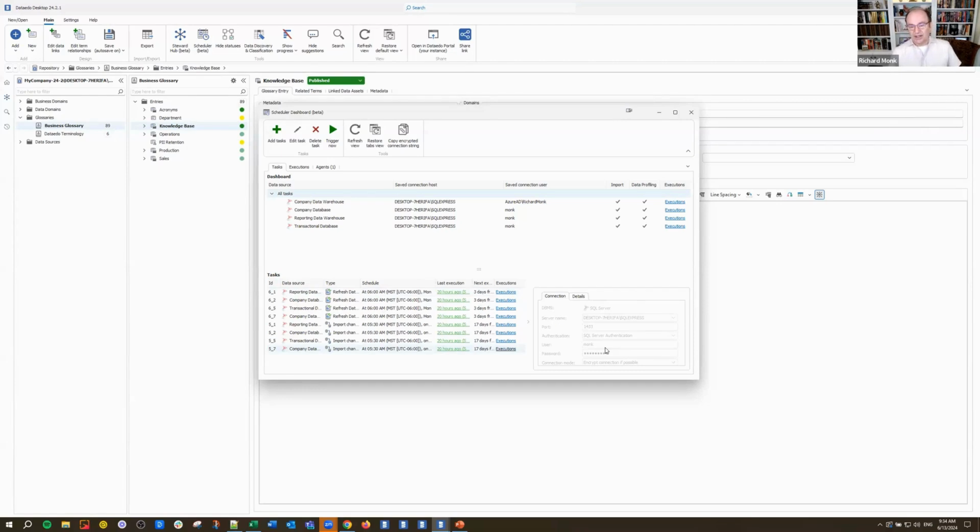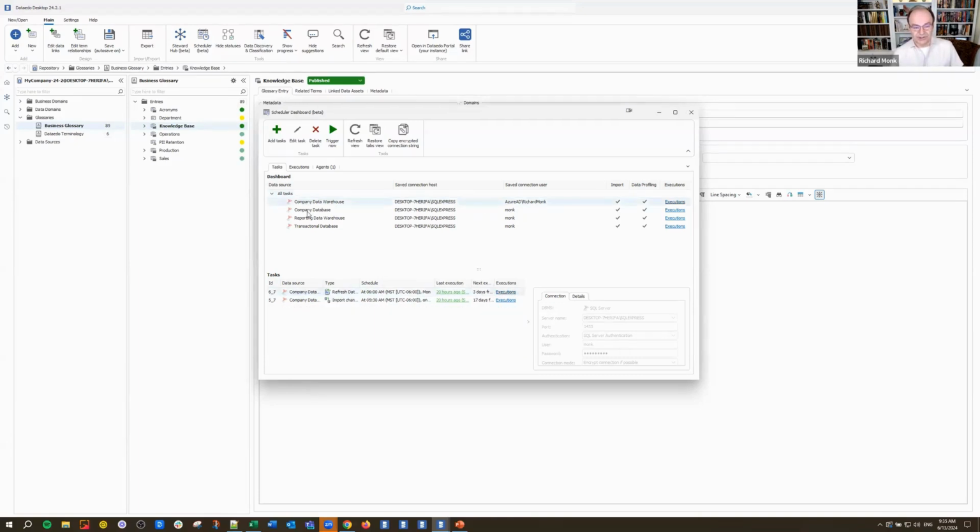In a nutshell, the connection that you set up here when you create the task is based on the connection that you've saved, but it can be modified. So if I look at this one, for example, you can see my saved connection user was my Windows user, but down here in the connection that the scheduler is using, it's using my SQL Server authentication. They don't have to be the same.